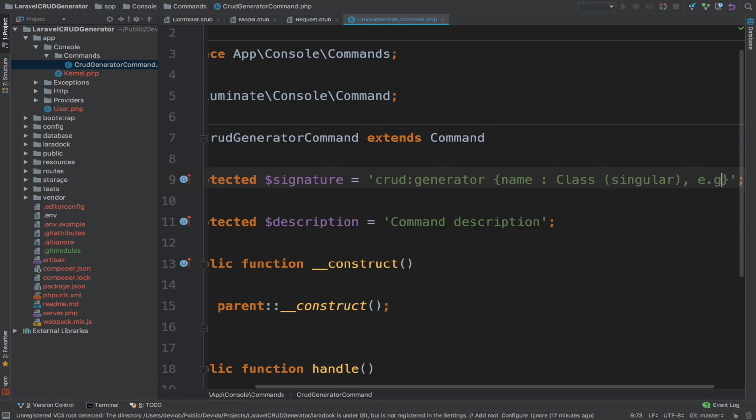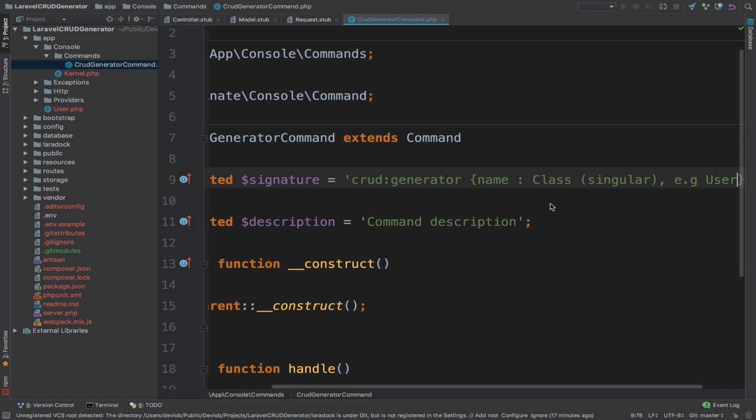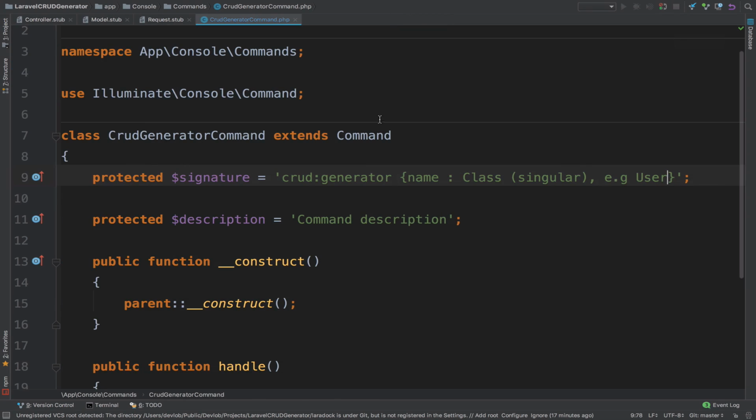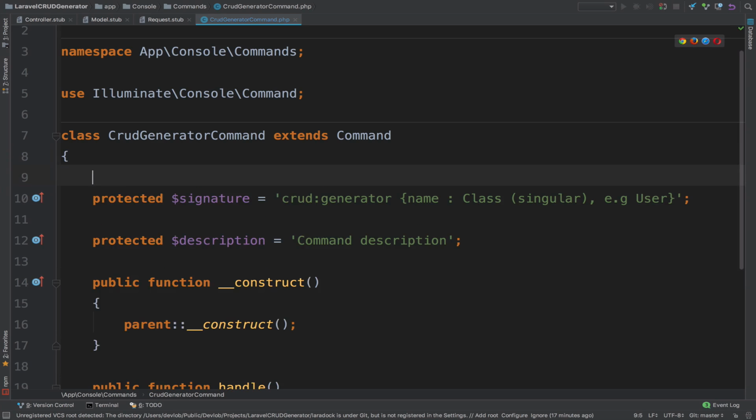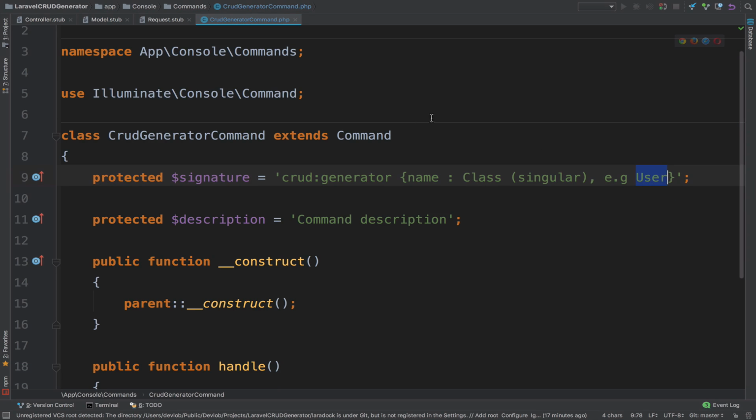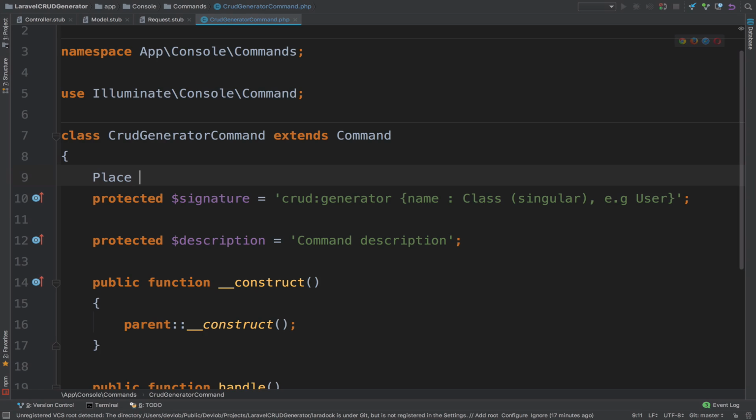For example, user. So user will be an accepted name class and an accepted argument, but something like users or something like users in lowercase letters, it is not going to be accepted, it is not going to work. So what we want is something like this, user or maybe place or location, you get the idea. For the description, we can say create